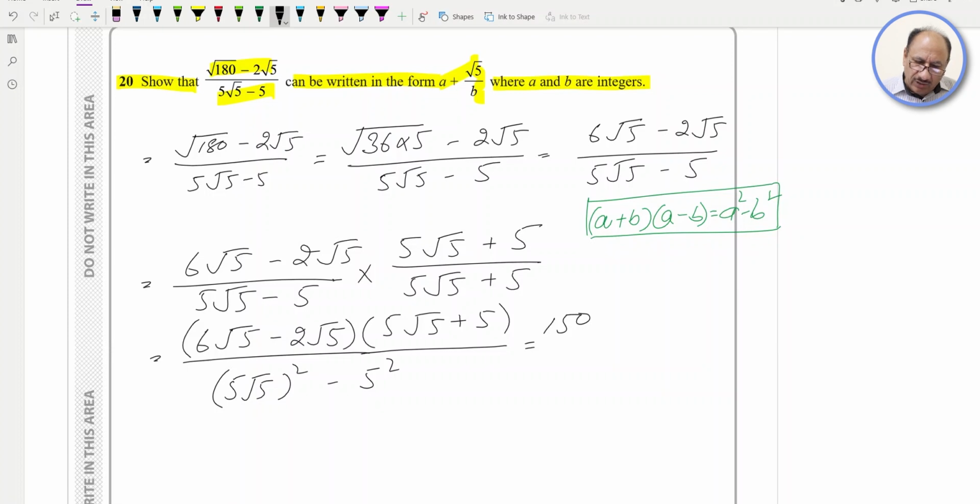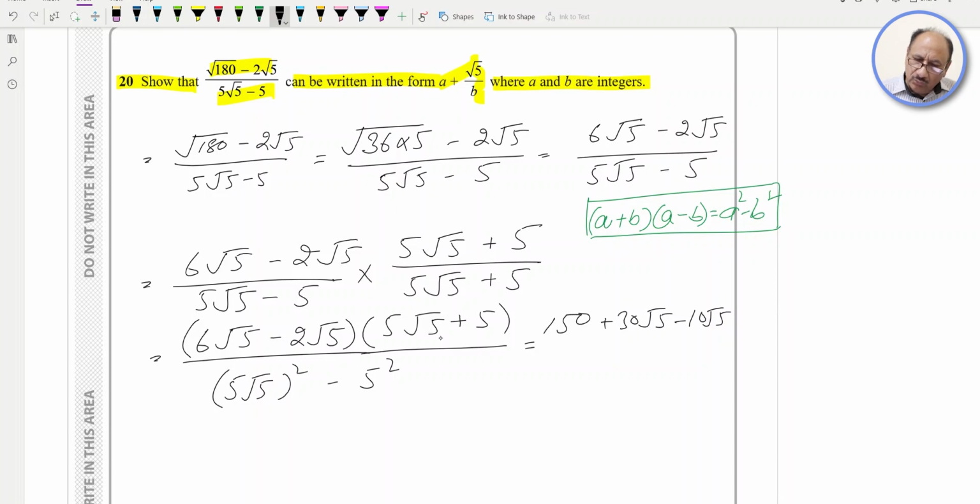Then 6 under root 5 multiplied by plus 5 will be plus 30 under root 5, and then minus 2 under root 5 multiplied by 5 under root 5 will be minus 10 under root 5, and further we can multiply minus 2 under root 5 with